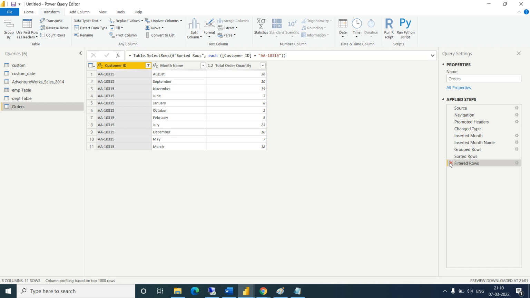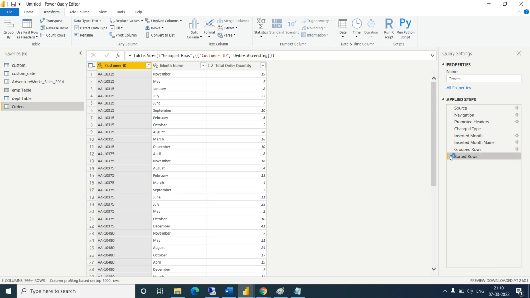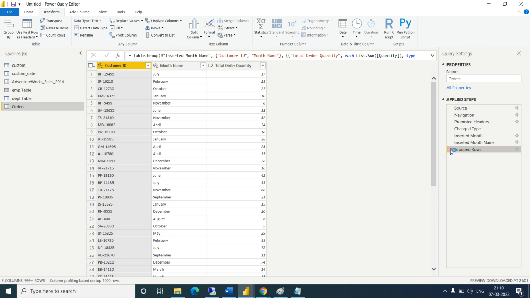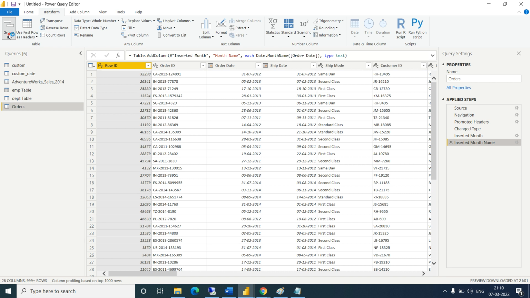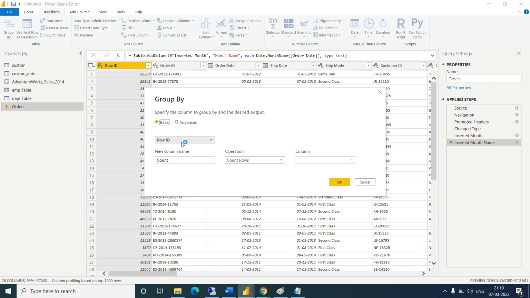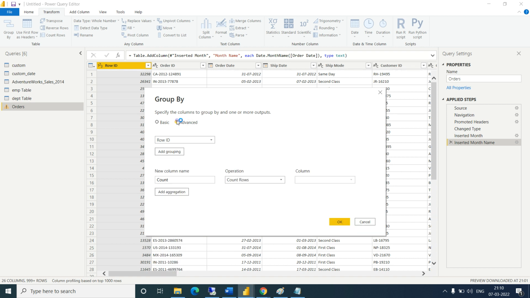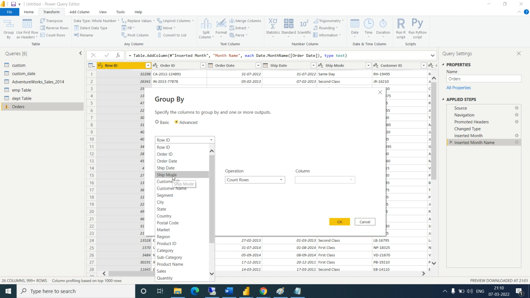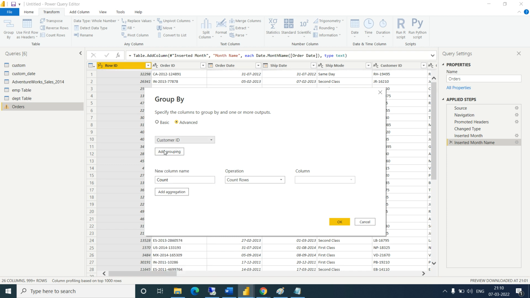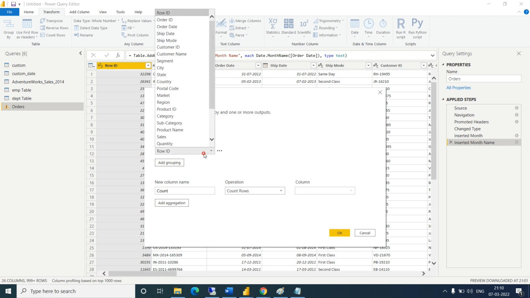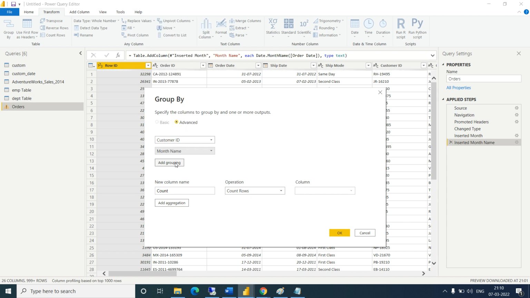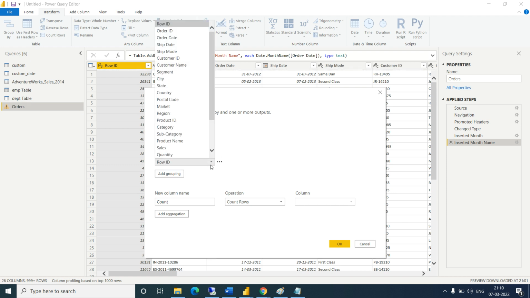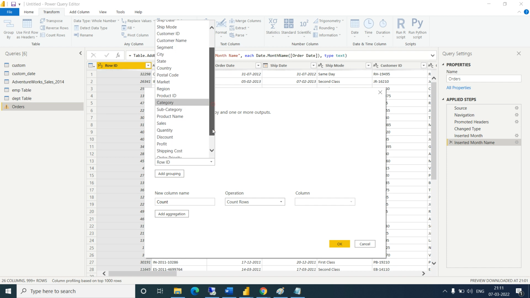So let's go back. I'm deleting these steps. When we do the group by, we should take the month number also, not just the month name. So let's take advanced. I'm taking customer ID, month name, month ID, month number.